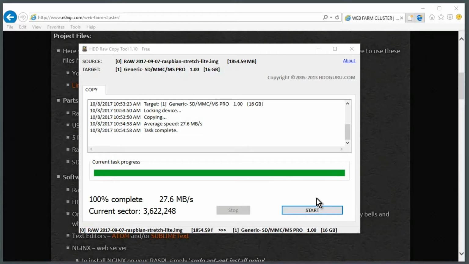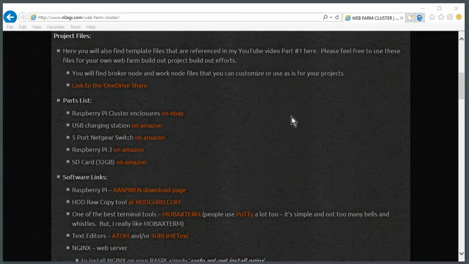Okay, so the process completed. Now your SD card should be imaged out with the Raspbian Stretch Lite .img file. So the process here on your PC for this USB stick is complete. You can go ahead and close this tool. And what you want to do now is take your SD card